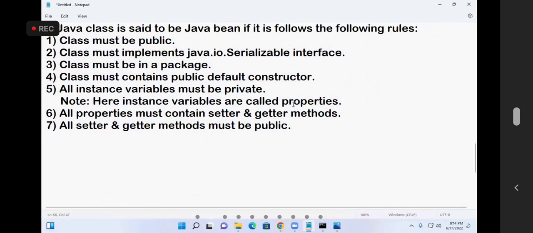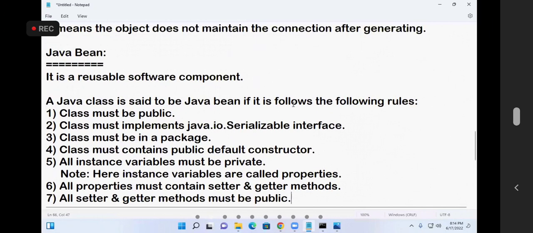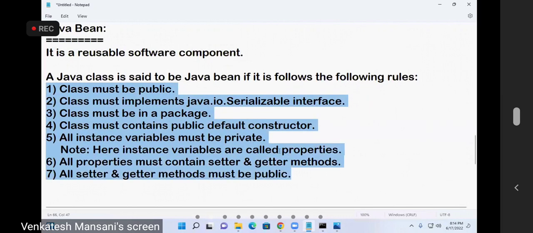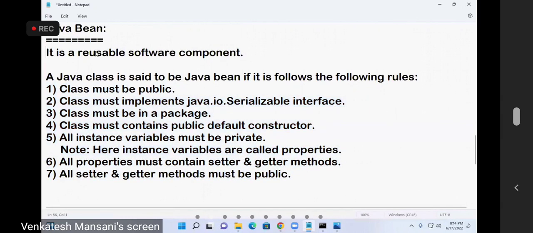Why these 7 rules? I'll explain. Actually, what is a Java Bean? A reusable software component. Java Bean means reusable software component. If you create a class like this, reusability comes. How? I'll show you. Now for example,